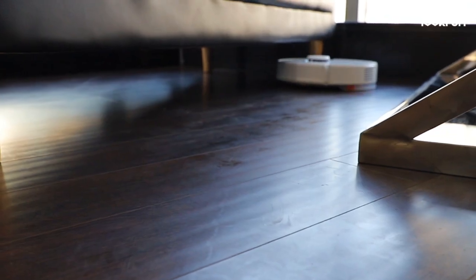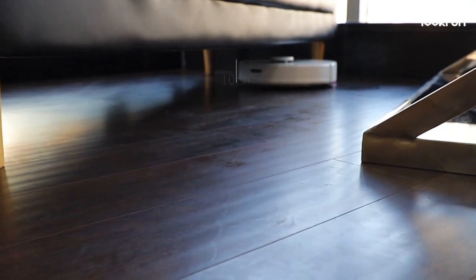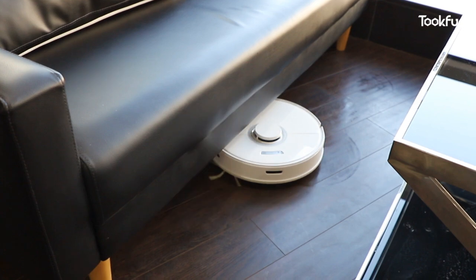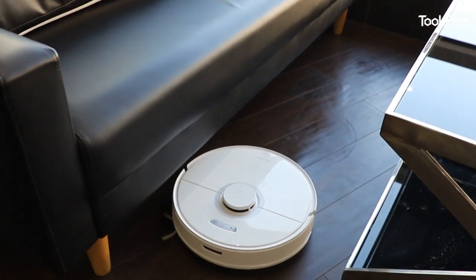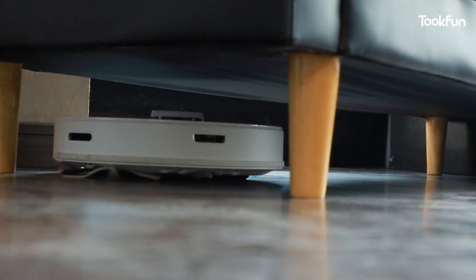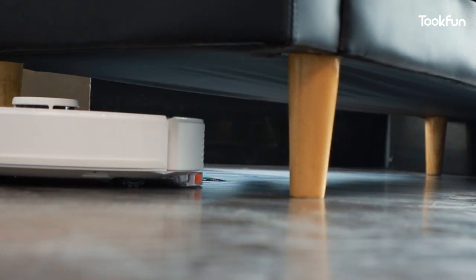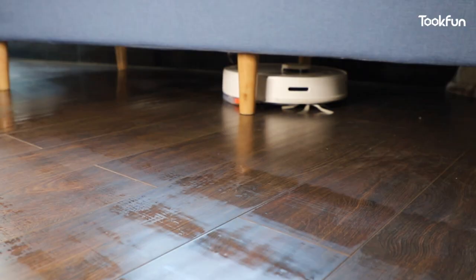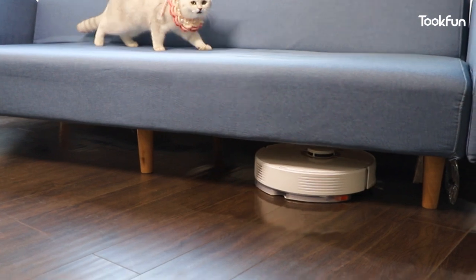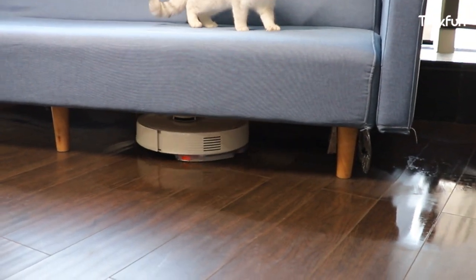The height of the Q7 is 10 cm, which can easily pass under many pieces of furniture in the home. If you are going to buy a robot vacuum, I suggest that you choose furniture with the bottom 10 cm above the ground. In this way, you don't have to clean the bottom of the furniture itself. Q7 will carry out very careful cleaning even in the corners of the room. When it encounters the table legs, it will also sweep around the table legs